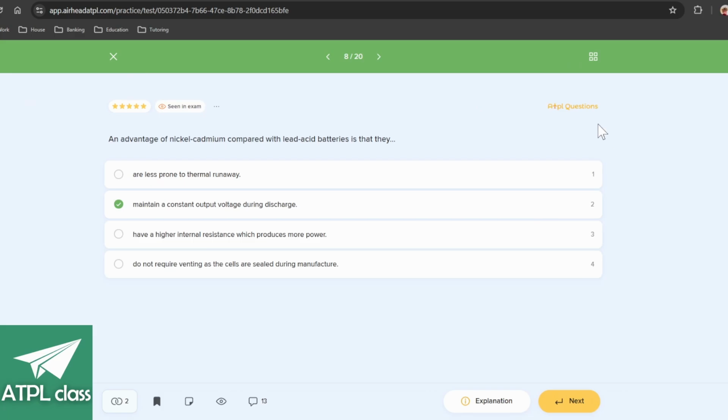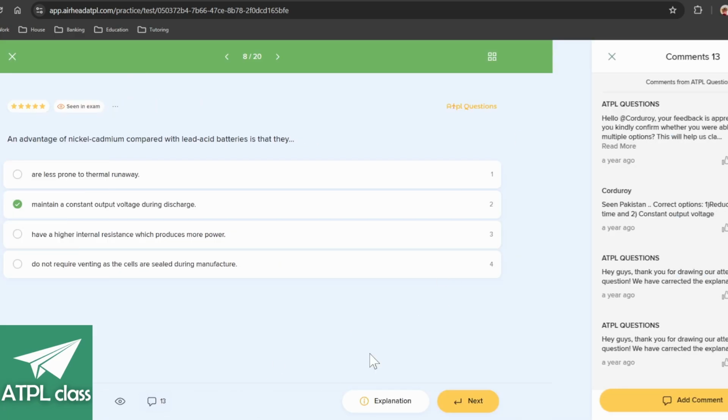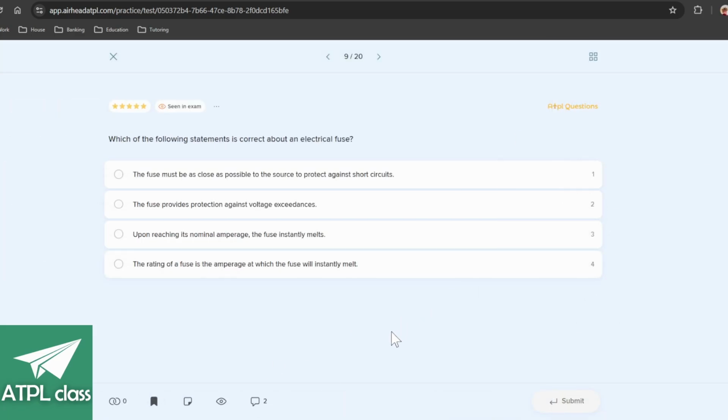Just do question bank on this sort of stuff because it is tricky. Which of the following statements is correct about an electrical fuse? The fuse must be as close as possible to the source to protect against short circuits. Yeah, I suppose you don't want all the components burning if you think about it like a